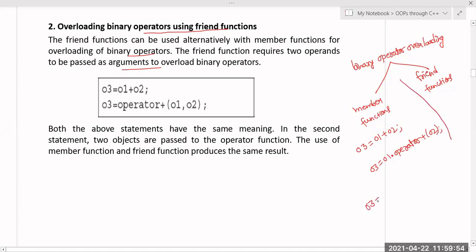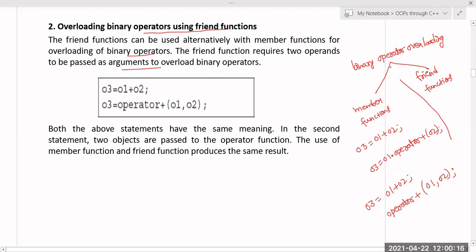So for O3 equal to O1 plus O2 with a friend function, you have to write operator plus of O1 comma O2, because a member function I can call as O1 dot operator plus of O2, passing only a single argument.